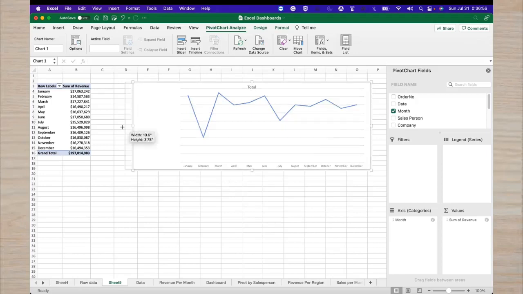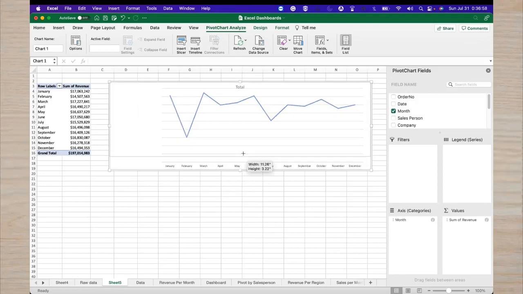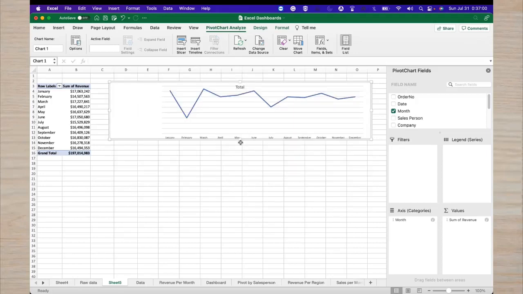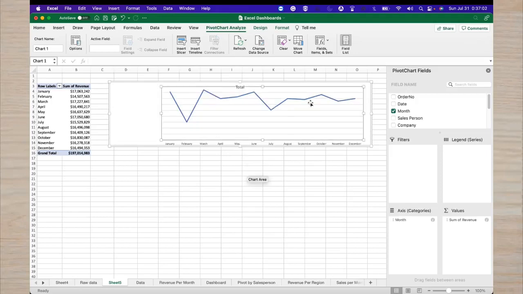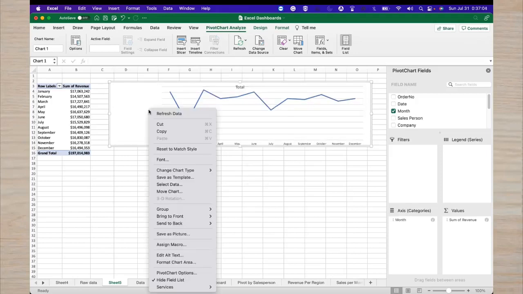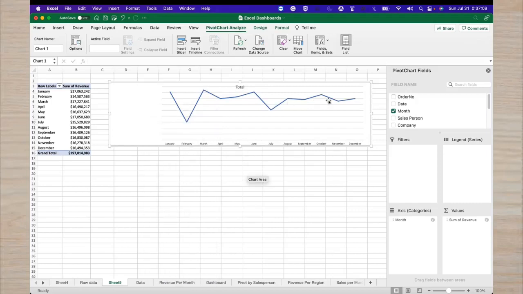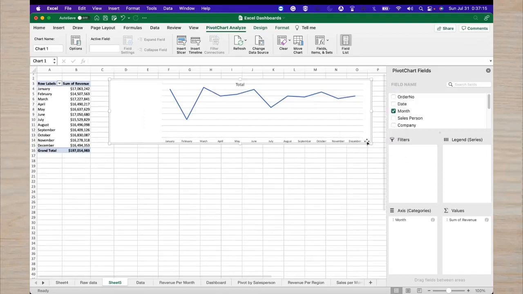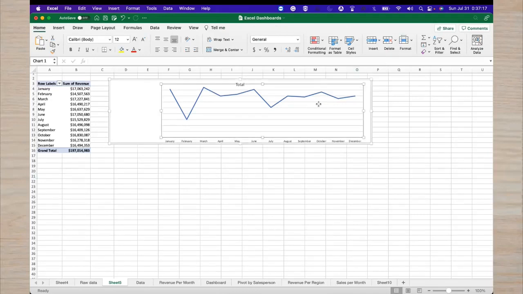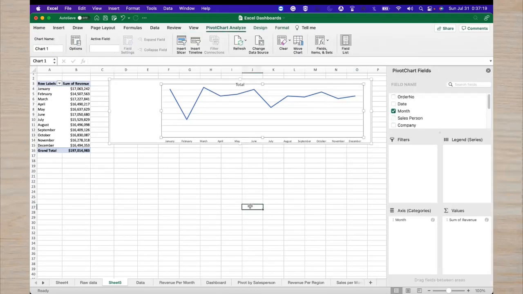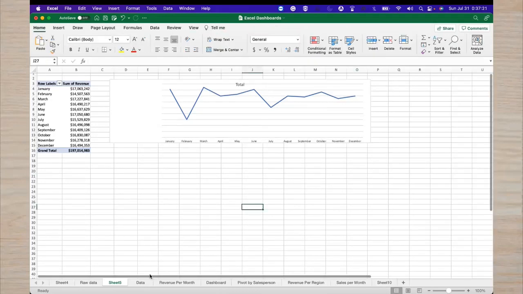Yeah, because the size there. So the next is to put the data labels. So we can do that. Then we can create a